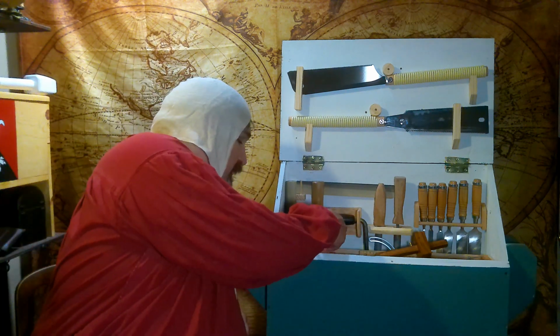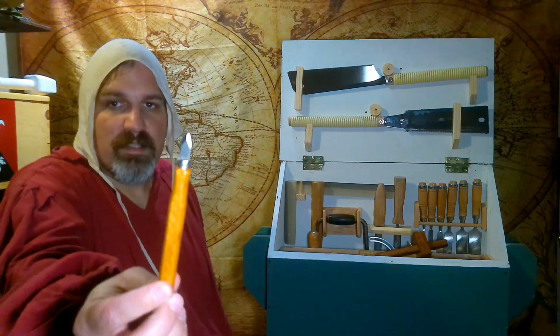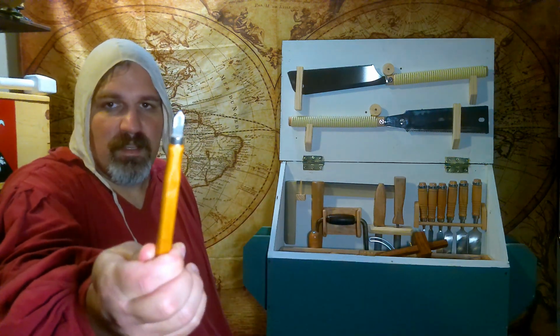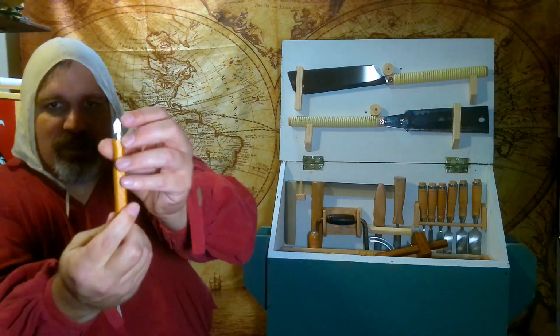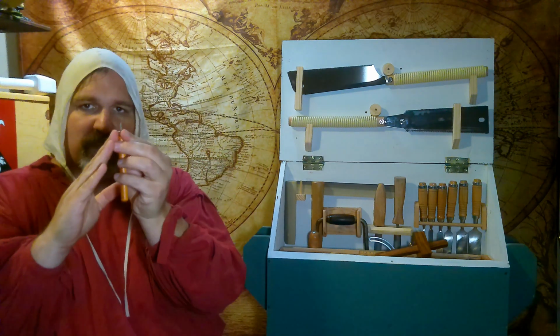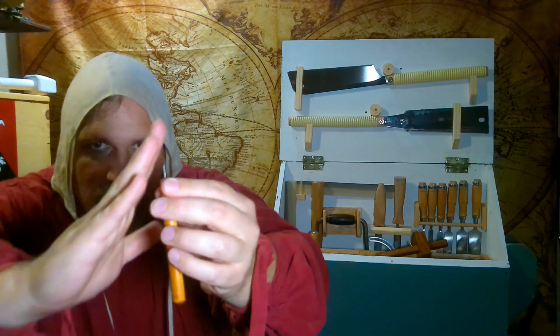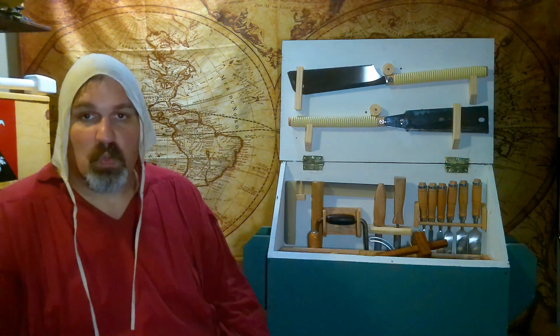Now, another little tidbit for you. This is a striking knife. If you look on the back edge, you'll notice this is all black, and here you can see the edge clearly marked because it's got a bevel on it. That's because all of the bevel for it goes this way. Now remember how I told you we would strike lines on wood? Well,